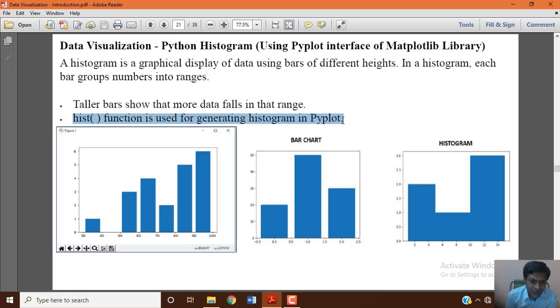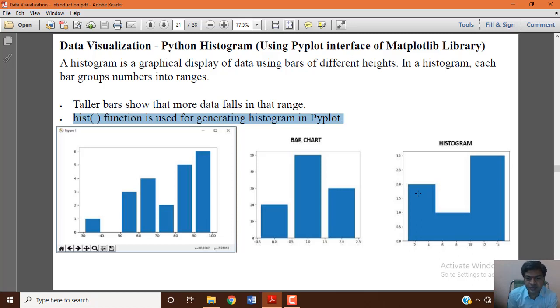Let's take an example here, which shows different bar charts and how a histogram is generated. In the bar chart, you can see the bars generated, in example 1 and example 2. And in the third picture you can see clearly that the histogram is generated in the form of bars.